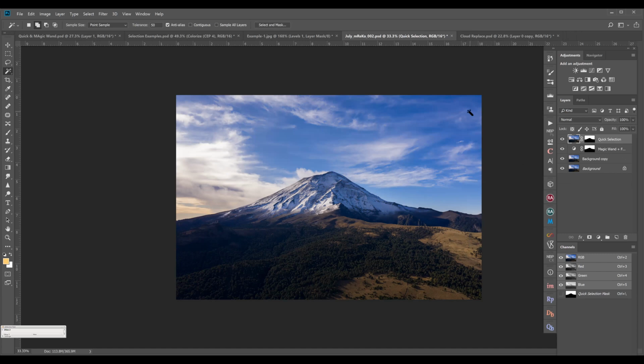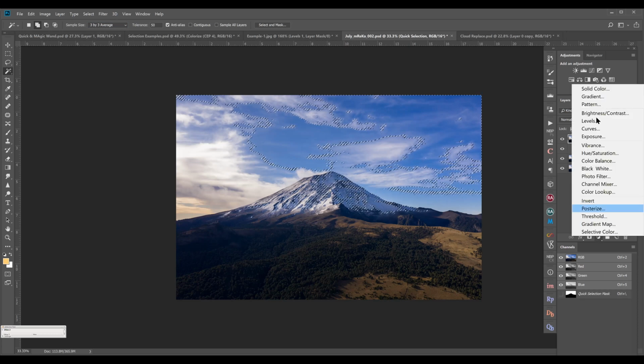And Ajay, to answer that question, when you do that selection, if you see here in this particular tool, there is an area here, sample size. It says point sample. Point sample is whichever point you click, that particular thing will get selected. So what you can do is click 3x3 average. If you click here, then that particular 3x3 area will get selected. The expanded option expands the area more, which means it has more room to add blue shades.